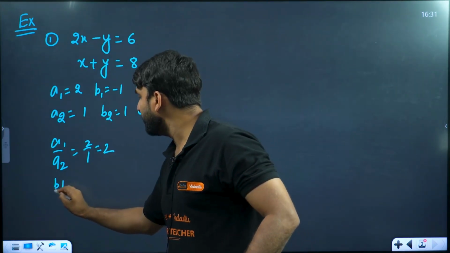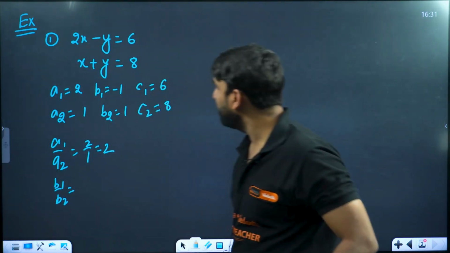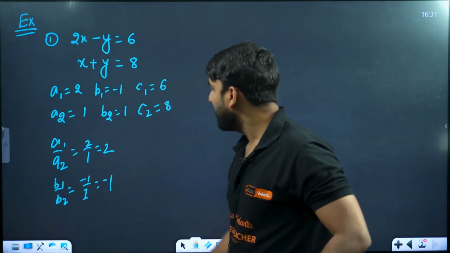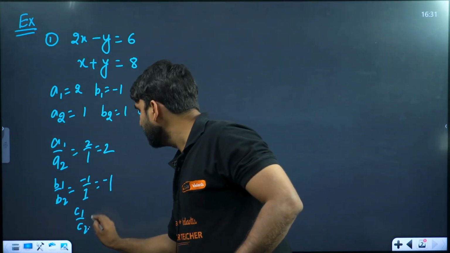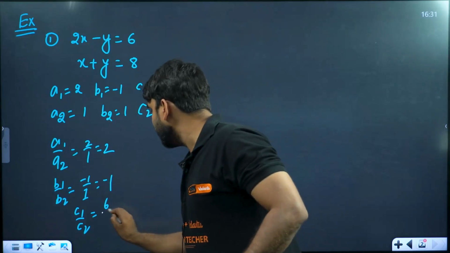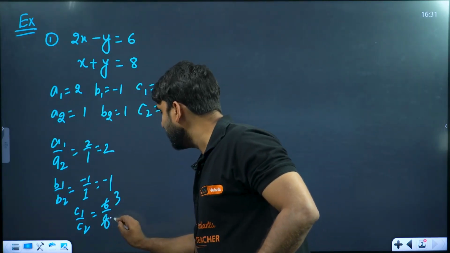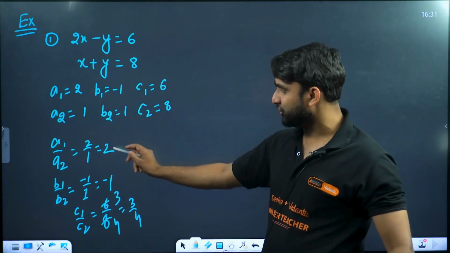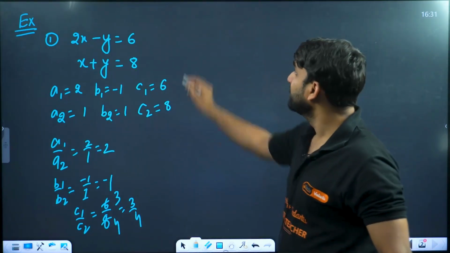Now find out b1 by b2. What will be b1 by b2? b1 is minus 1. Minus 1 by 1, which is equal to minus 1. And now find out c1 by c2. c1 is 6 divided by 8, so this will come as 3 by 4. So if we look at the 3 ratios, 2, minus 1, 3 by 4, it is clearly